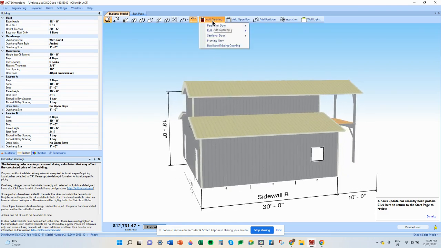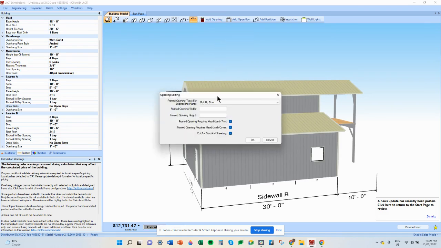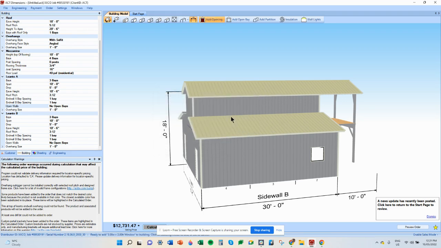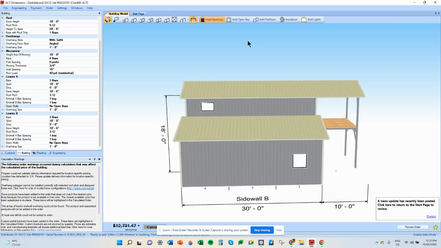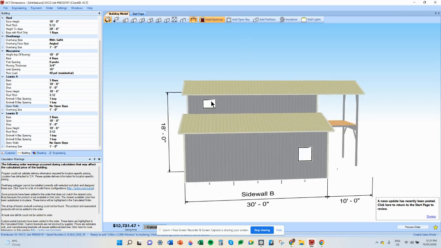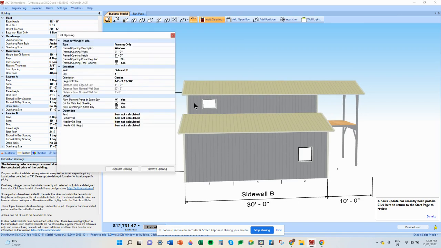So I'm going to add a window here. I'm using framing only, window, and I'm going to make it 3 foot wide and 2 foot deep. I'm going to click OK, and I'm going to put it up in this space here. But I have a specific height that I want to put it at, so I'm going to right click on it, and you can see that at the moment it's 14 foot 3 3/4, and I want to make it 15 foot. So what I'm going to do, I'm going to come through here and delete it, and I go